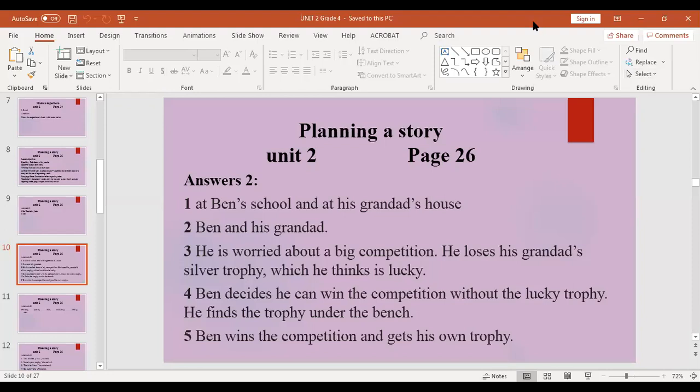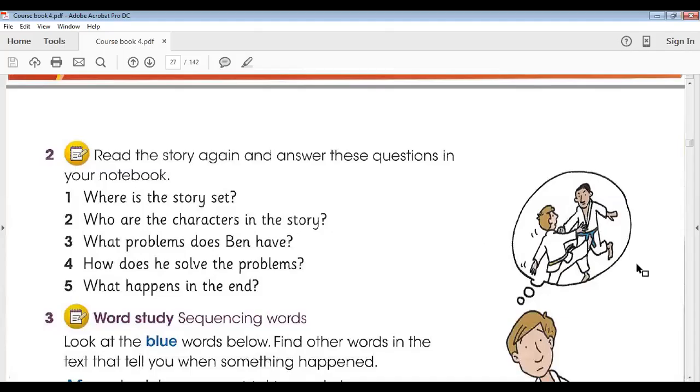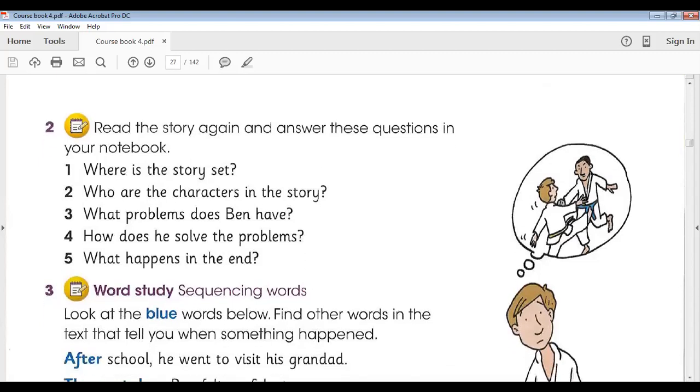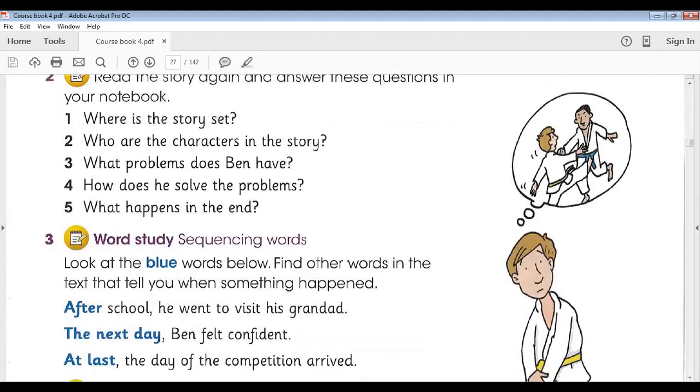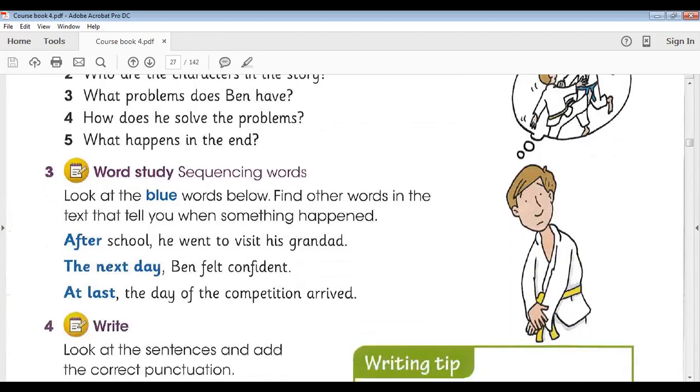After that, we moved to the next question. The next question is word study, sequencing words. Sequence means the order in which we discuss the different events in the story. The question was, look at the blue words below, find other words in the text that tell you when something happened. As I mentioned earlier, in story writing,